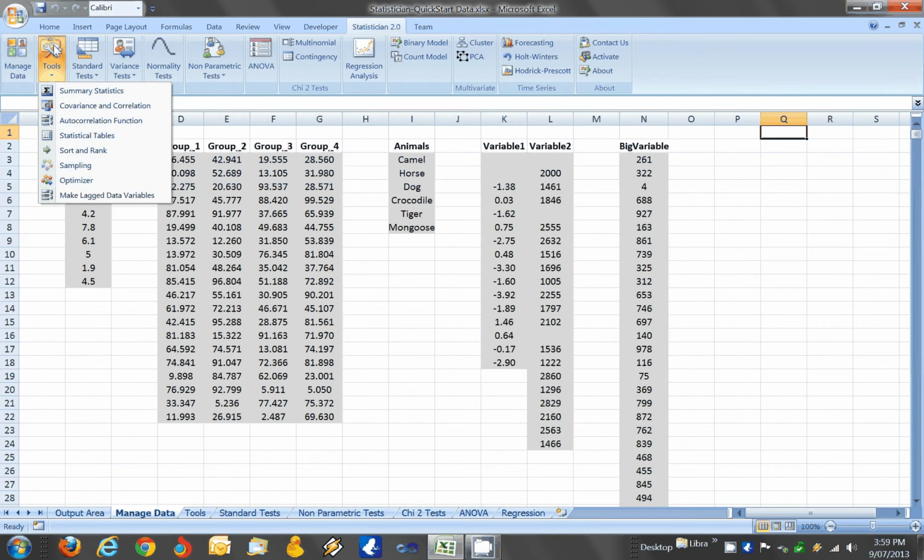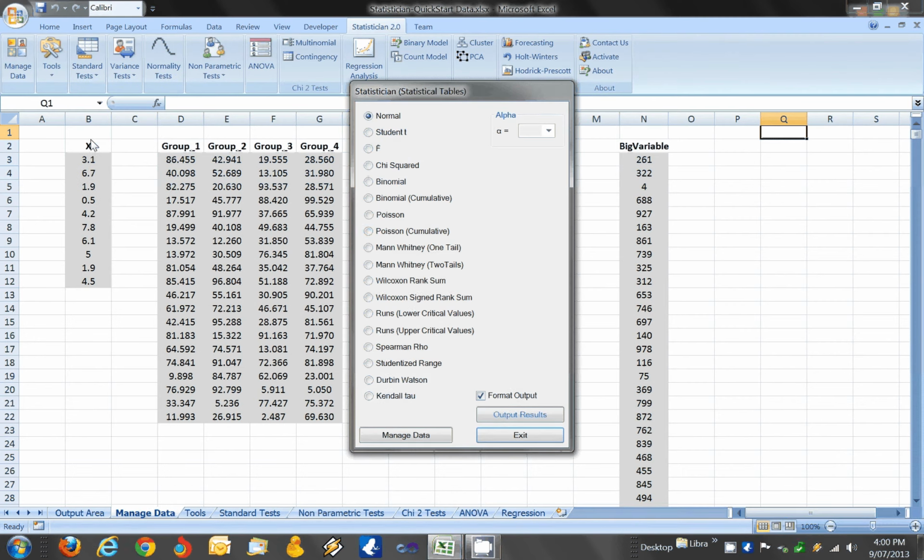Firstly, we've got this pull-down menu called Tools. And this is just a handy collection of various sorts of tools that we might wish to use. We saw summary statistics previously. For example, it's also got statistical tables. Quite often in undergraduate statistics courses, a student might want to have a look at a probability distribution. So we can actually print that straight out into the